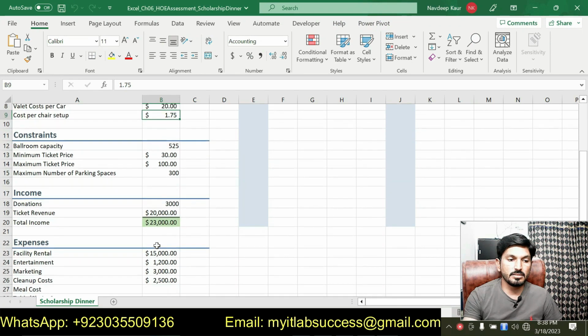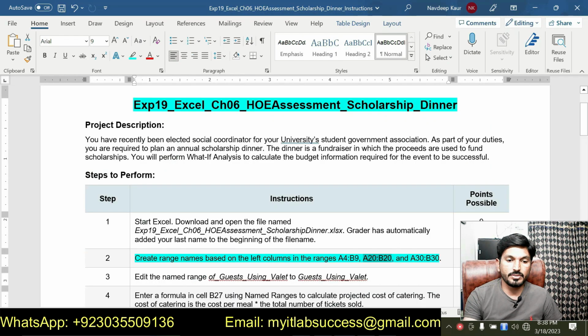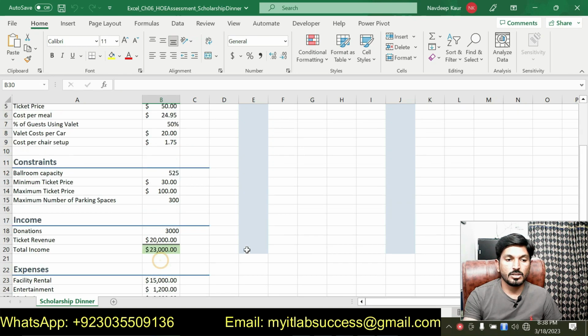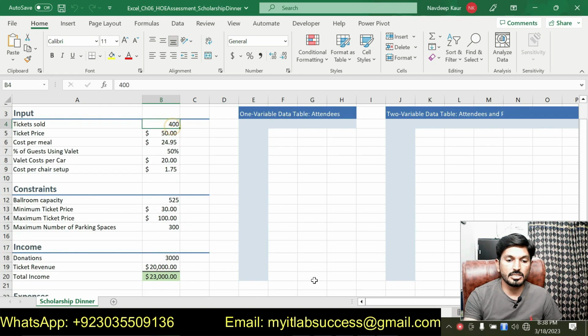So A20 is here, and after that we are supposed to assign the range name to B30. That is this one. So we will start from here, that is from B4